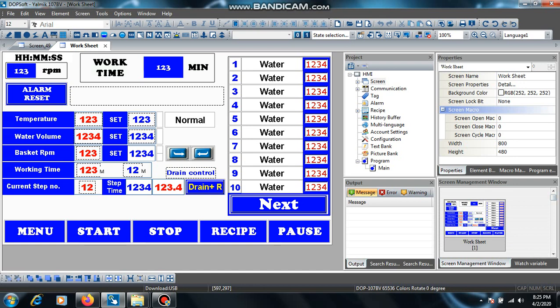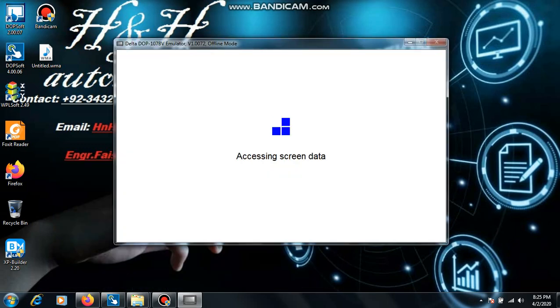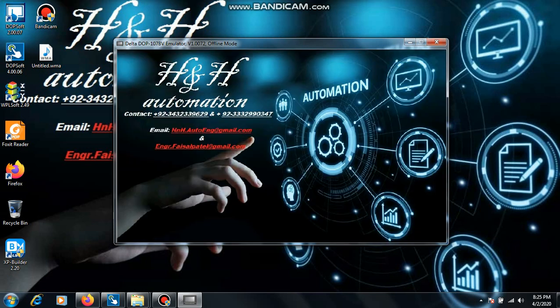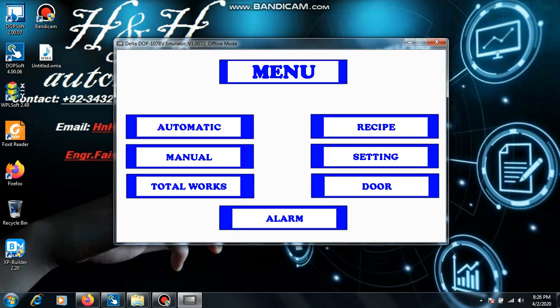This is basically recipe based programming in which you can select steps and different options. I am not going to share everything here. I'm just going to share how it's working. So let's have a look at it. We are going to simulate it. This is the main screen, and when you click on the screen, the HMI will start, and there